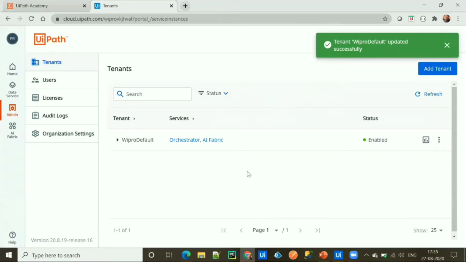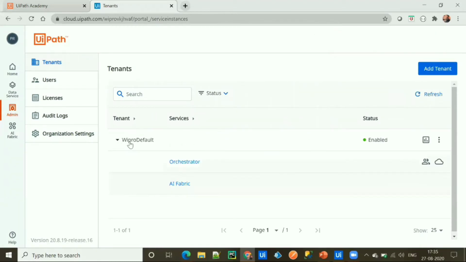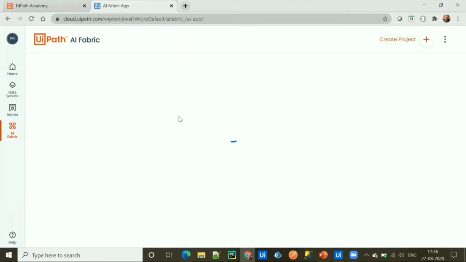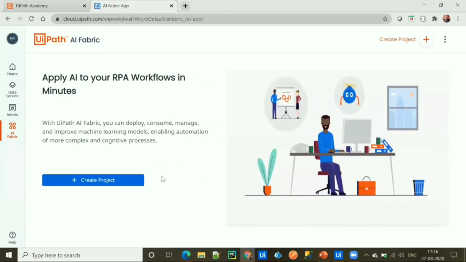Our tenant has been updated successfully, and you can see there are now 2 services, which are Orchestrator and AI Fabric. Now when you go to the AI Fabric section, you'll see that it is now enabled. Before going ahead and creating a project, I'll give you a brief about what a project is.